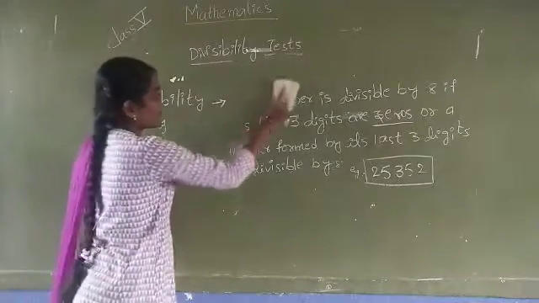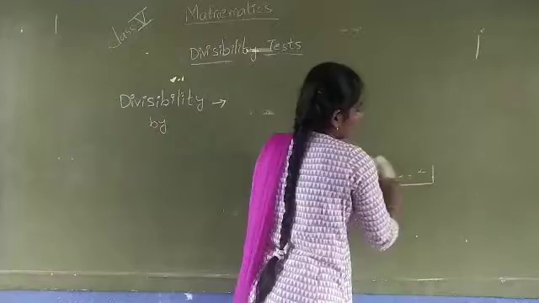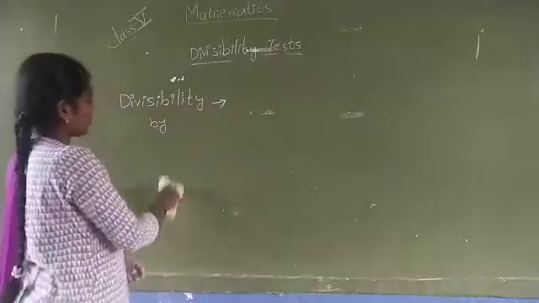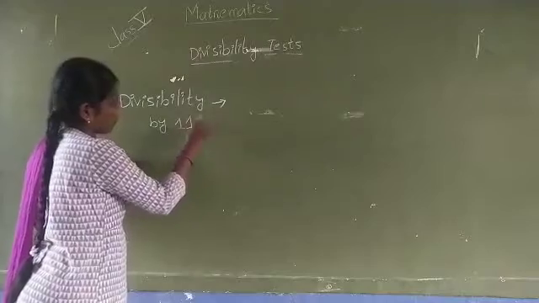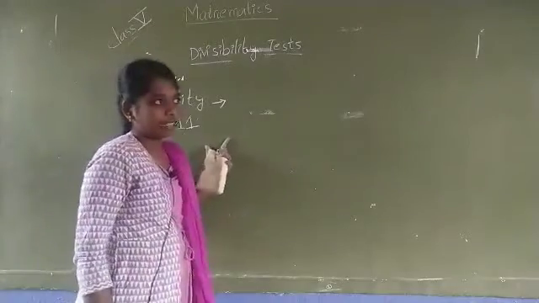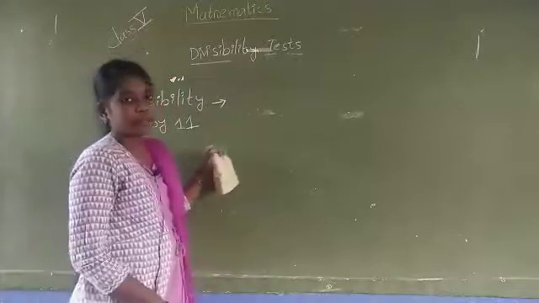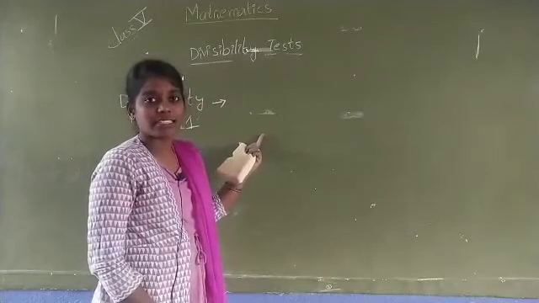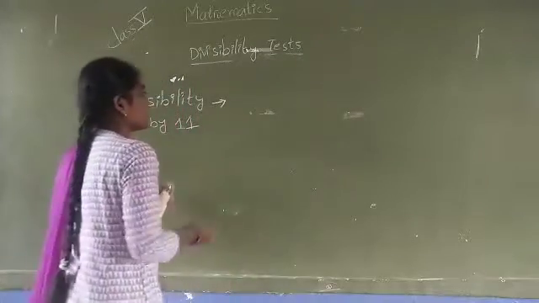Next, divisibility by 11. Divisibility by 9 and 10 we learnt in the previous class. Now the divisibility by 11. The divisibility rule of 11 is, a number is divisible by 11 if the difference between the sum of its digits in odd places and the sum of the digits in even places is 0 or the multiple of 11. That is,